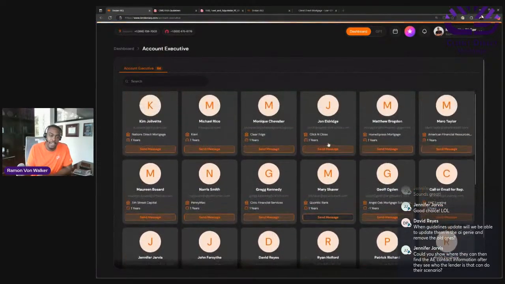So they go and they find whatever, and then they can send you a message right in the platform, okay? That's what they're going to be able to do, right? So this is extremely interactive. These guys are going to go out, ask their questions, get information, and then come and seek you out to talk about it further, and they're going to have that guideline in front of them.